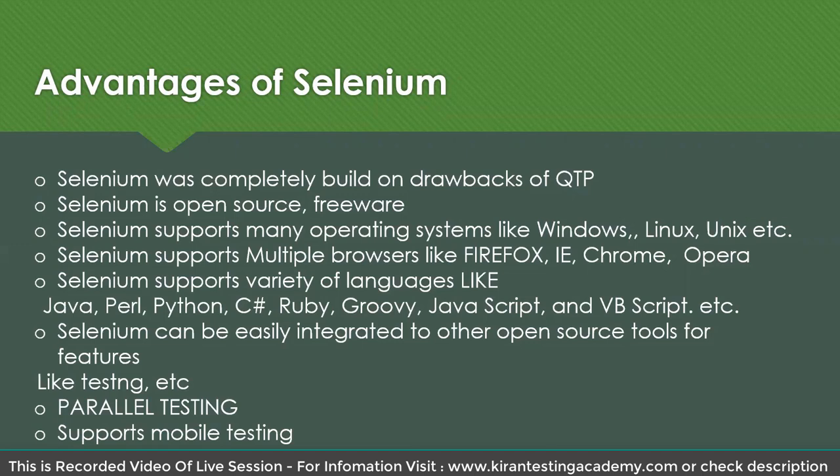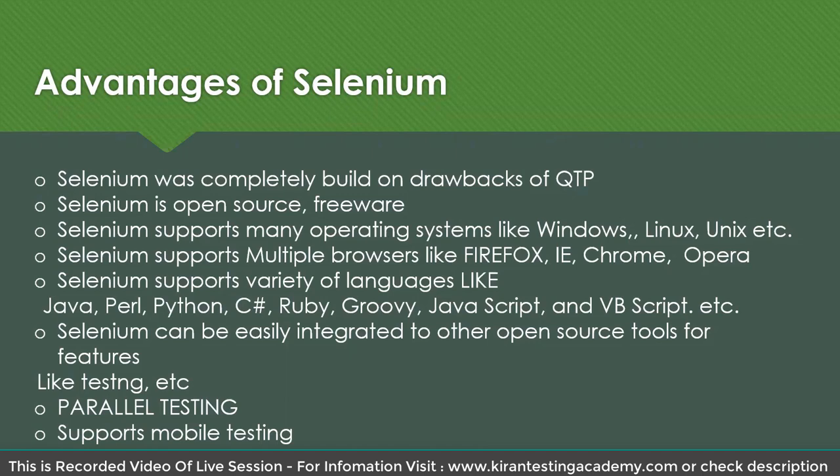Okay, actually the thing we need to understand is Selenium is completely built on the drawbacks of QTP. There was a tool called QTP or UFT. It was a monopoly in the market at a certain time. If it is automation, then that is QTP, 10 years back. Yes, I even have good hands-on experience with QTP or UFT. Excellent tool, I can say nothing wrong in it, but they have not standardized their tool according to the market standard. The market rapidly changed, but they couldn't keep up. So that's a different story.